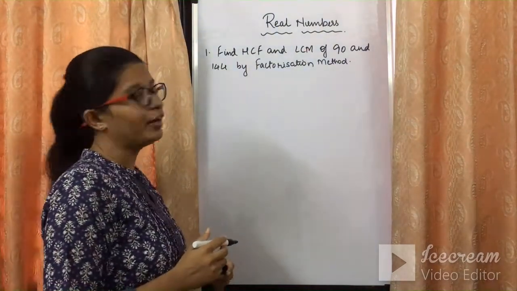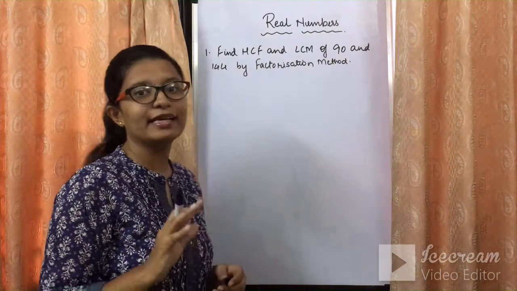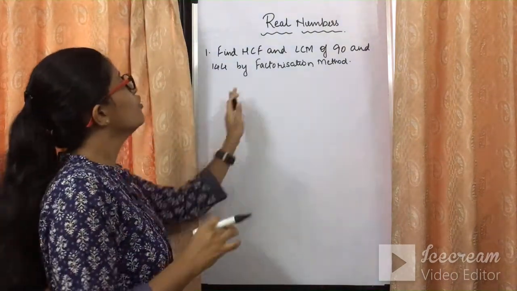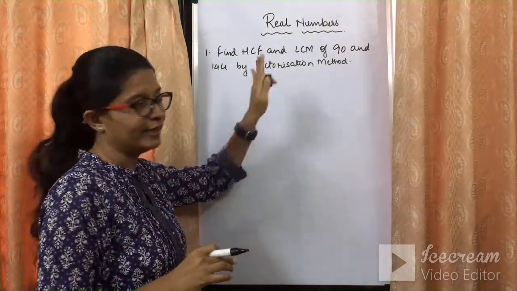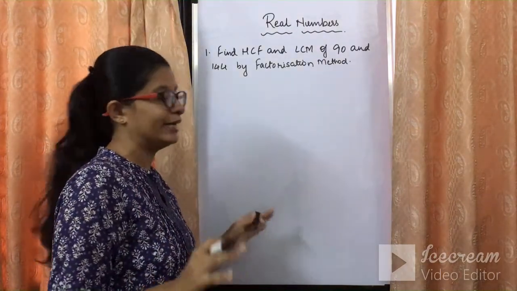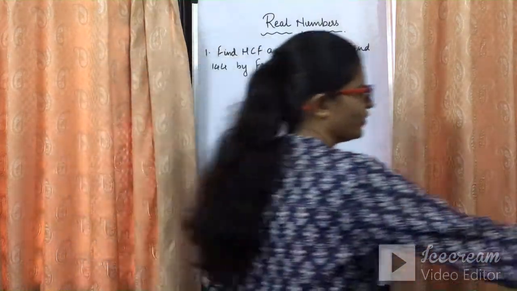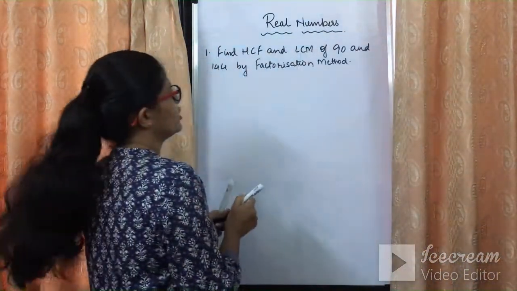So the question in front of you is: find HCF and LCM of 90 and 144 by factorization method. So factorization method से ही solve करना है. जैसे कि मैंने आपको बताया Euclid's lemma काम मतलब इस बार डिलीट कर दिया गया है. So let's find out how we can do it by 90 and 144, which is very easy. हम लोग बचपन से करते आ रहे हैं.